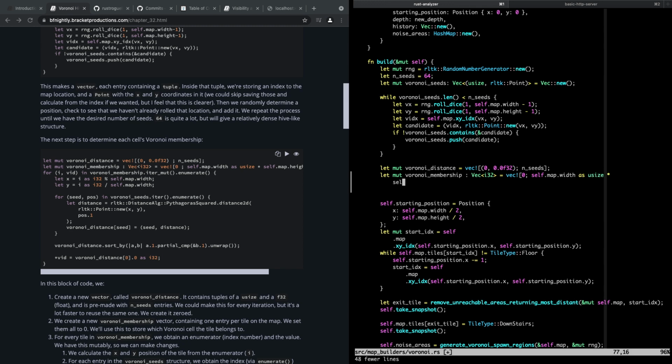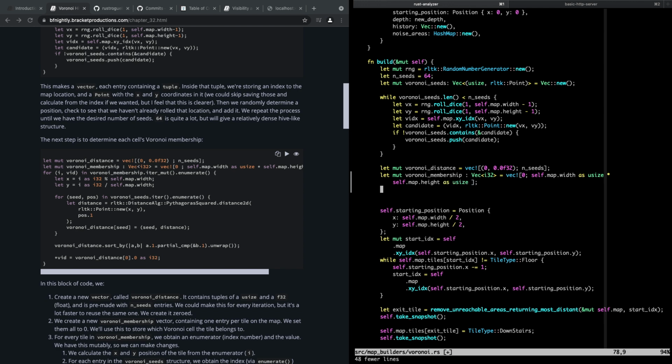Can't type today. Self map height as usize. I think that's all it is, right? Because they're just grabbing a membership array for the entire map. And then for i and vid in Voronoi membership